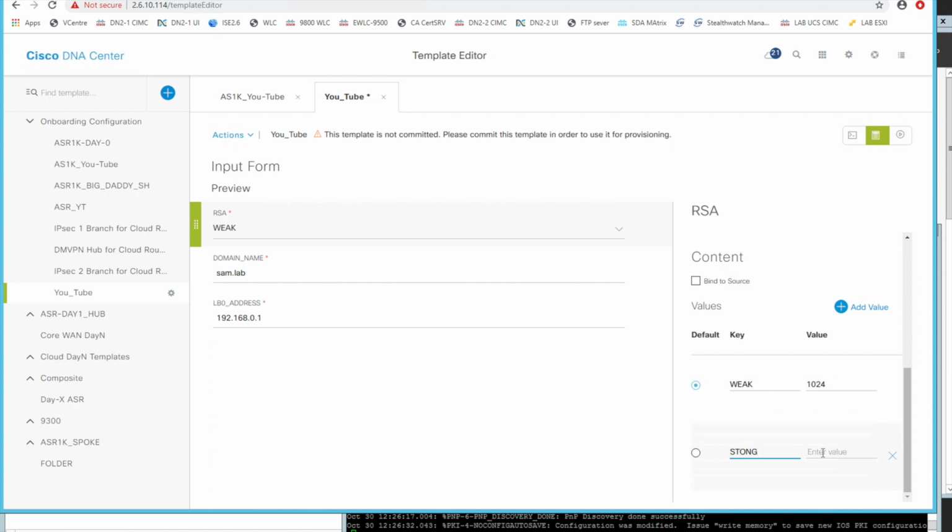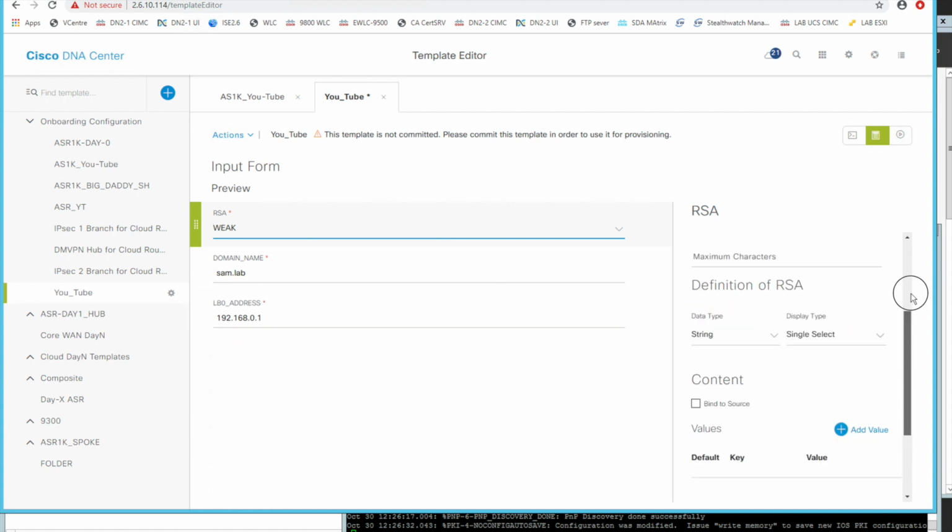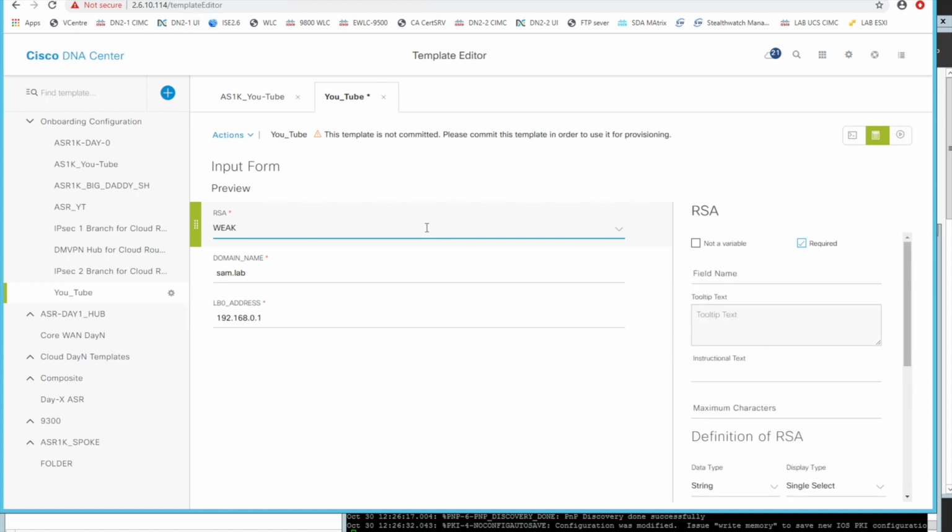It's my R key again, and again strong of 2048. And then you can see there's a drop down arrow here so the user can see strong and weak. So you can really restrict what they can and can't do. If I save this,